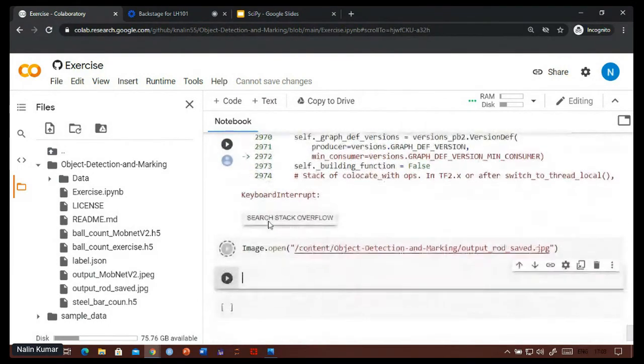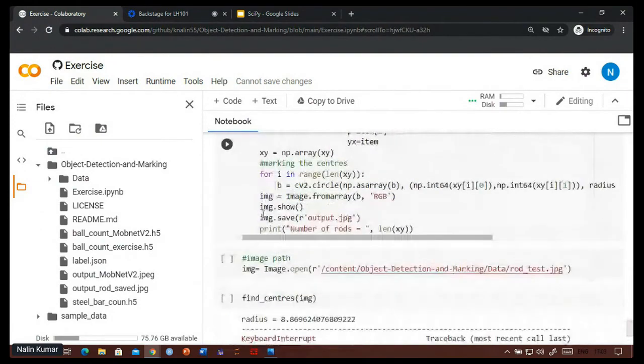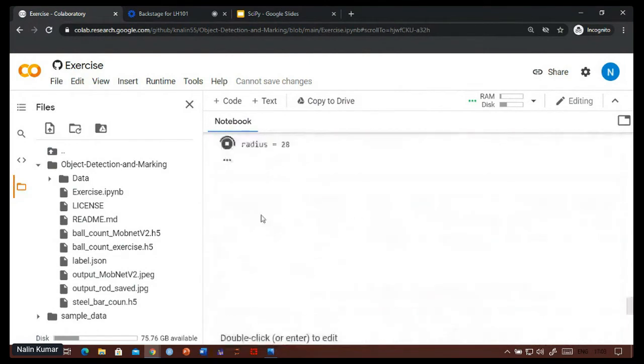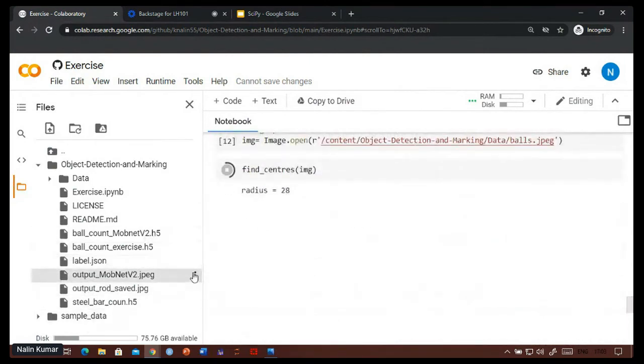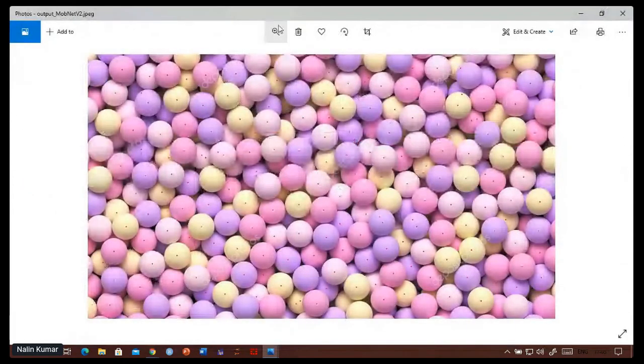Oh, sorry. It's running. Yeah. So the output of this one looks like this.